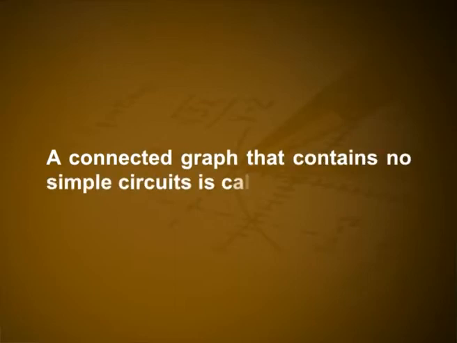Introduction. A connected graph that contains no simple circuits is called a tree. Trees were used as long ago as 1857, when the English mathematician Arthur Cayley used them to count certain types of chemical compounds. The undirected graph representing a family tree is an example of a tree. Family trees are graphs that represent genealogical charts. Family trees use vertices to represent the members of a family and edges to represent parent-child relationships.